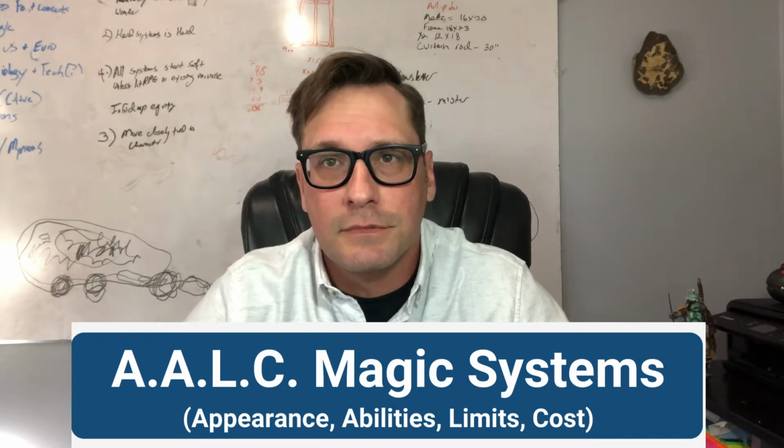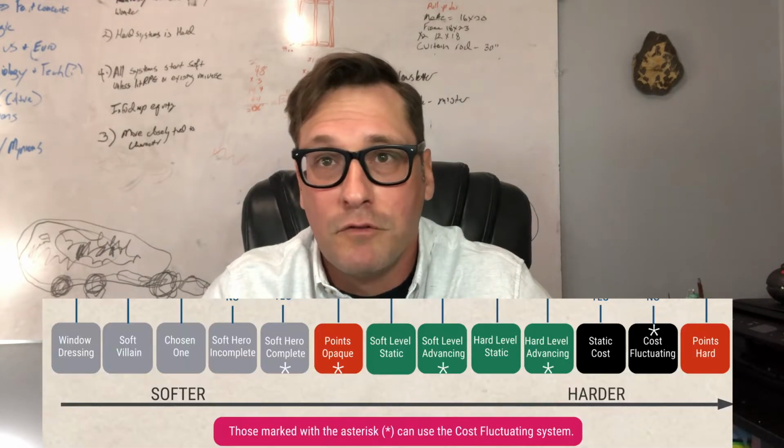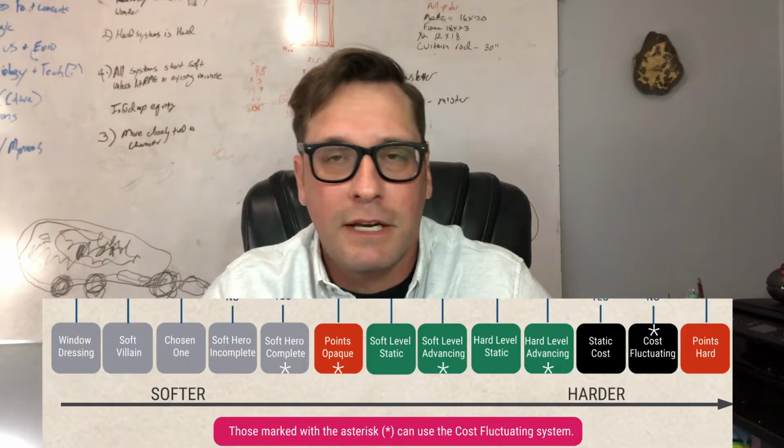All right, if you want a refresher for Sanderson's laws, please check the video link, hopefully showing up right now. If you want to look at the AALC system, that's basically a system that I created and looked at, much like Sanderson's laws. They're more observations than they are hard laws that you have to stick by. The idea is that there's a progression to magic systems. They always start off very soft, then they're just looking at the appearance of the magic, then they move on to the abilities, what it can do, then to limitations. This is Sanderson's 2nd law right there, and then finally into costs. And they can move between them, and it's kind of a spectrum from the softest to the hardest.